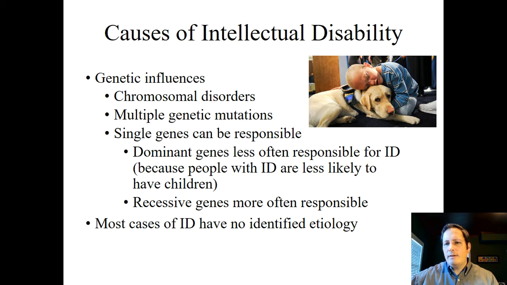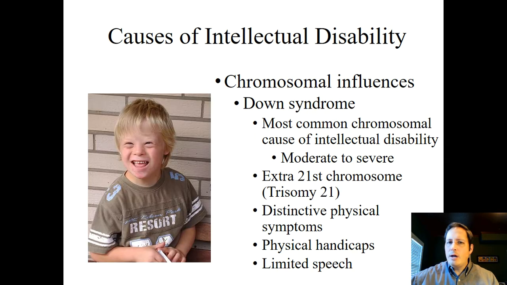Unfortunately, a lot of cases of intellectual disability just really don't have any identified cause, what's sometimes referred to as an etiology. Now, one of the better known chromosomal influences that we see is Down syndrome. It's the most common of the chromosomal causes of intellectual disability, causing moderate to severe intellectual disability. And it is caused by an extra 21st chromosome,